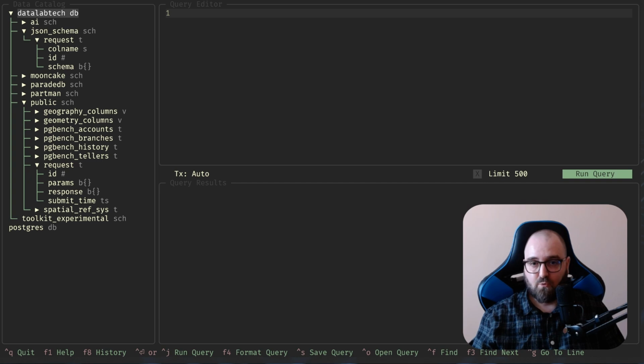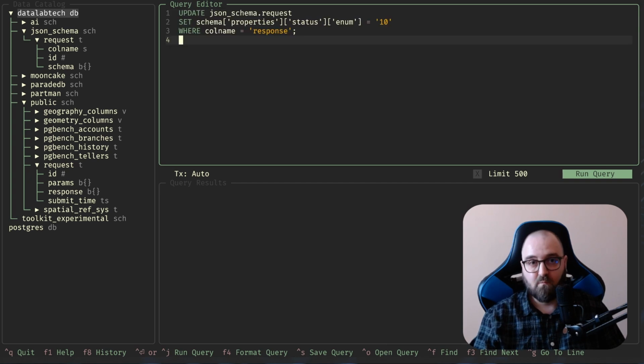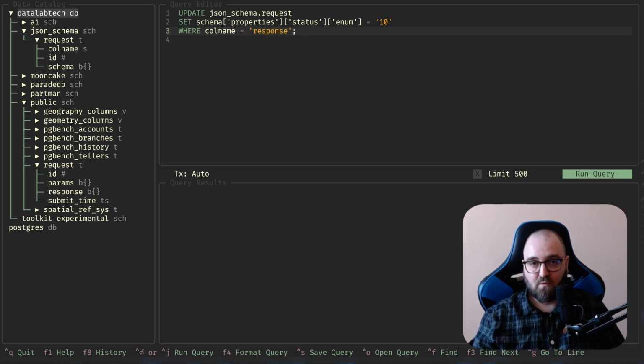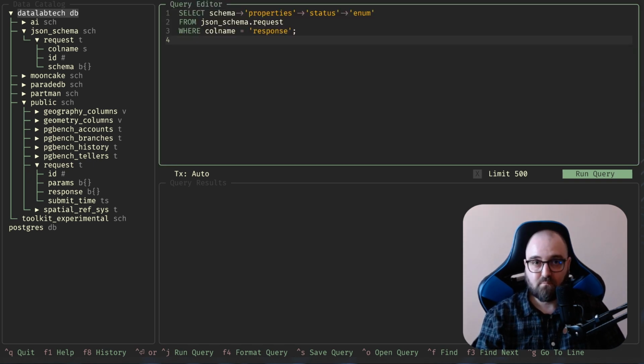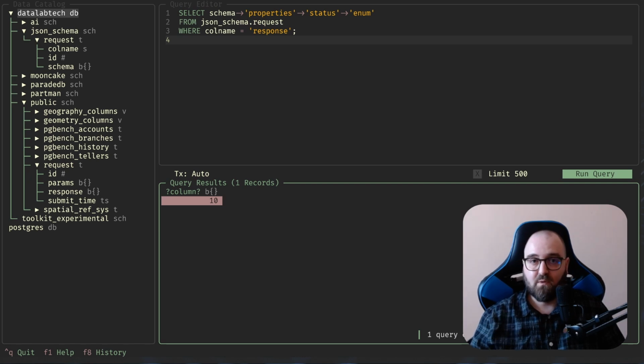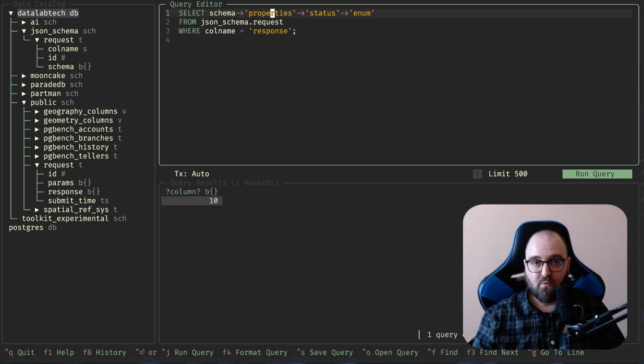now let's try to do something that is invalid, and let's do something like updating our schema with properties. So we are changing the schema itself, and we are updating status enum with a 10, which should be an array, so it will be invalid. Let's try to run this. Okay, let's confirm that the change was applied. Yep. So in here we have an example of a JSON